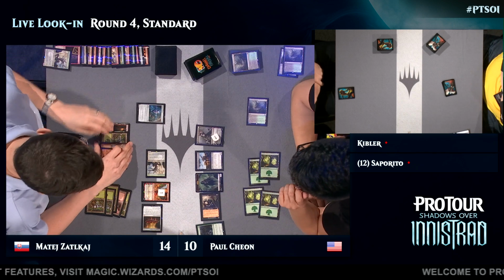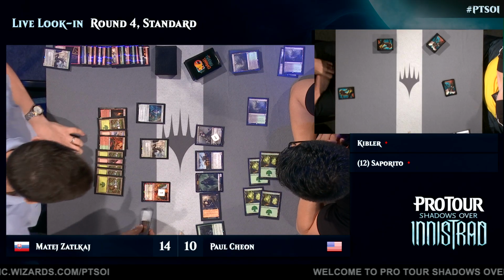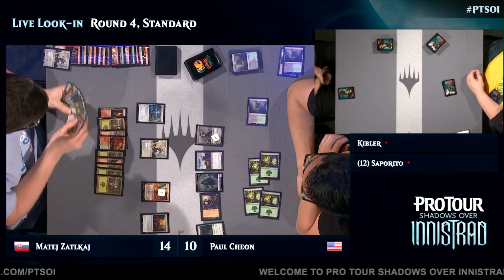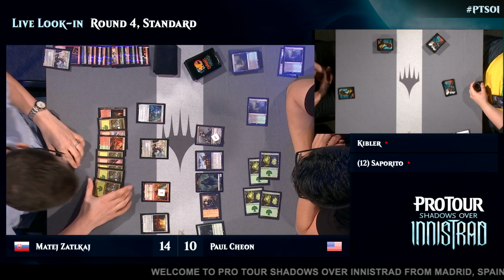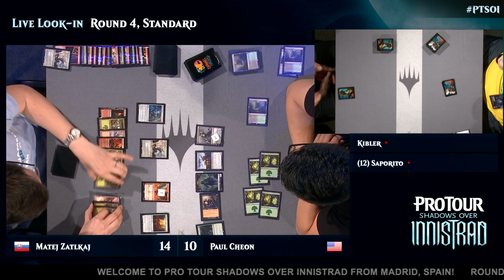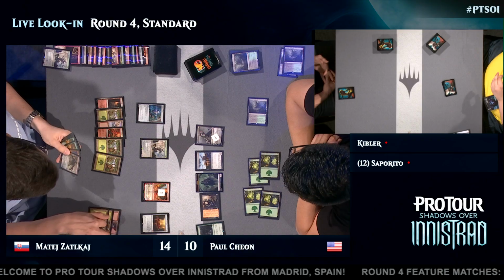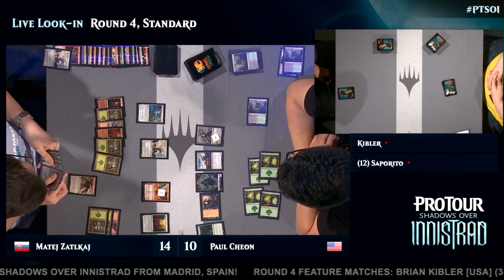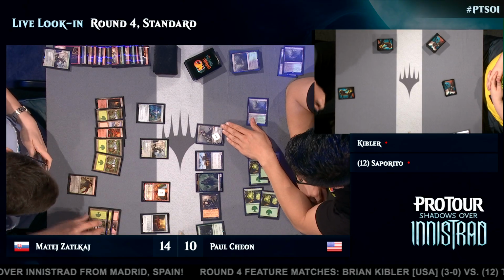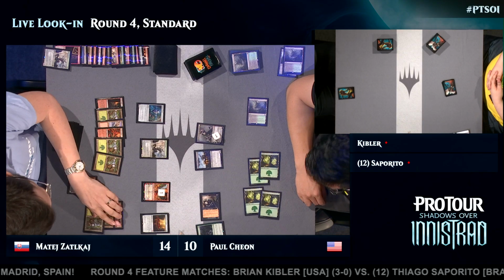No mean feat. Though the fact that Matej Zalakai can sacrifice lands and get it back, and in turn use his Kozilek's Return in the graveyard, means it's not even abundantly clear that Paul Cheon definitely wants that creature in the graveyard rather than in play. We're on 10. Yeah. Oof, and there's a Kozilek's Return from hand. That means there's the potential to deal with even super large Nantuko Husks if needed. Sure. 11